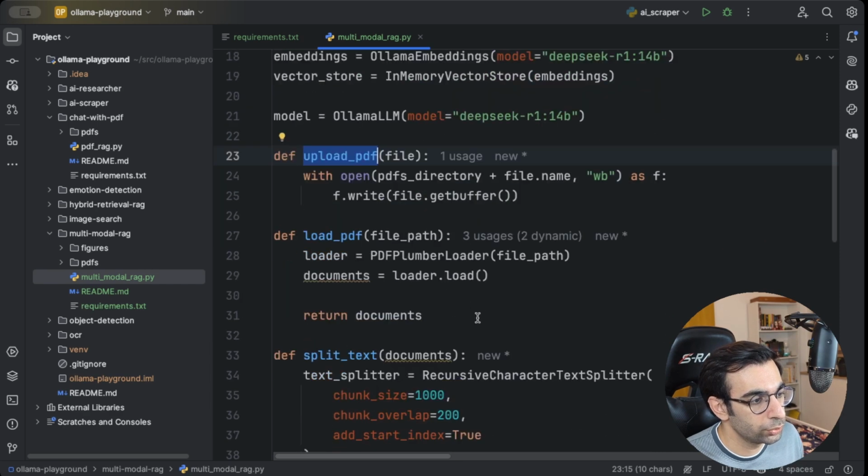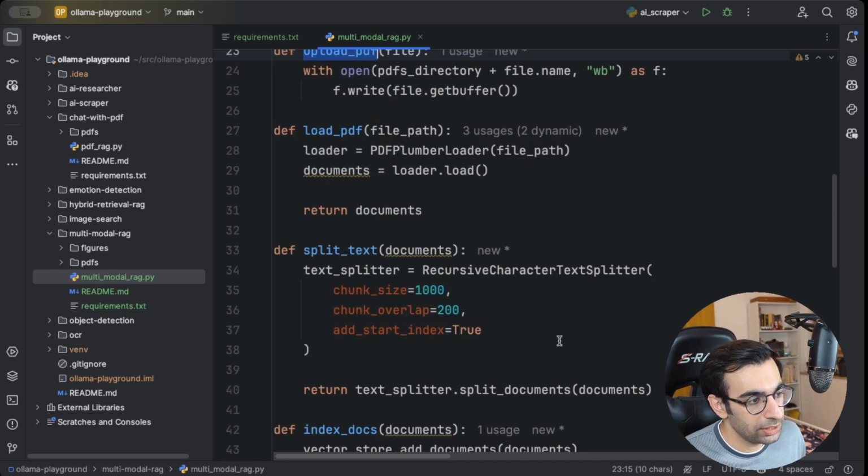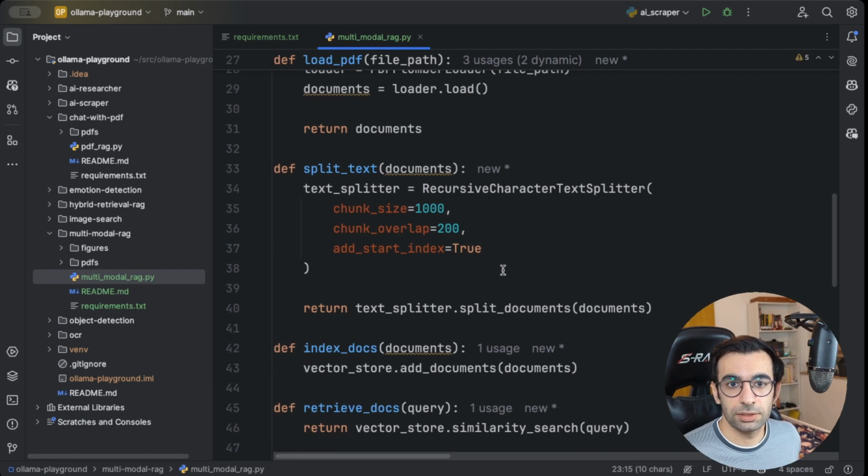We are going to load that PDF and parse it using PDF Plumber, which is another library, apart from unstructured, that works with PDFs and helps you parse them. And then I only extract text from it. If there is any image or table, I'm going to ignore it. And then I'm going to split that text,